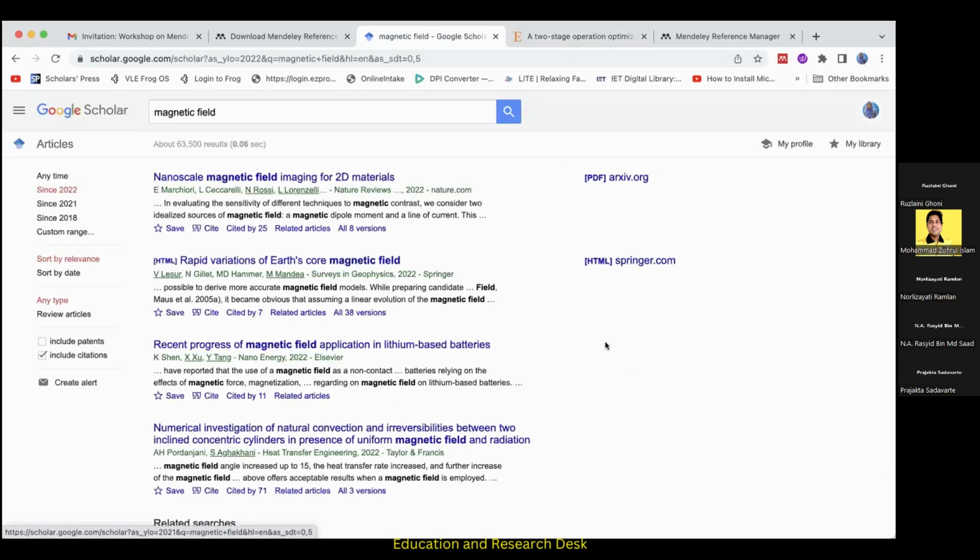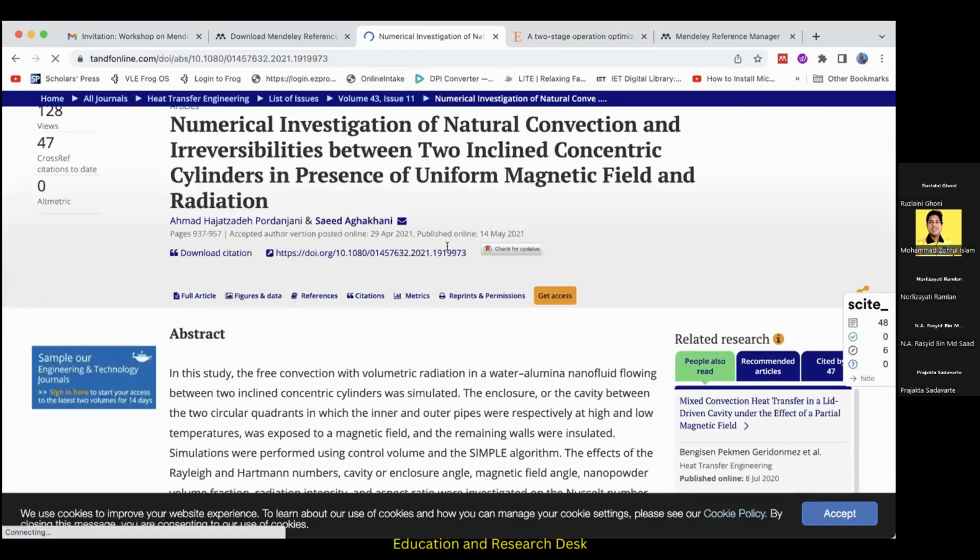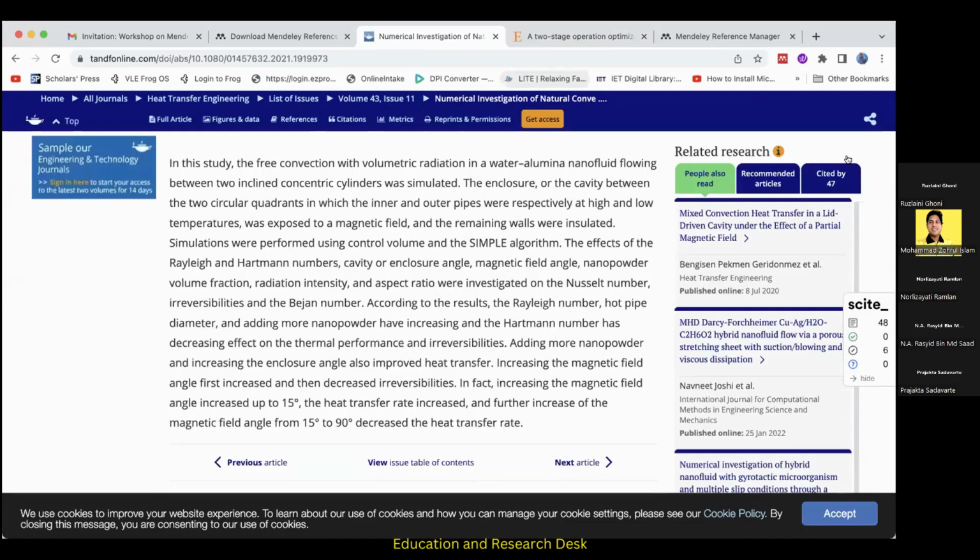So, okay, so these are the articles. I just want to read from this one. Okay, I am at this page, click here, click this numerical and add to the Mendeley collection,